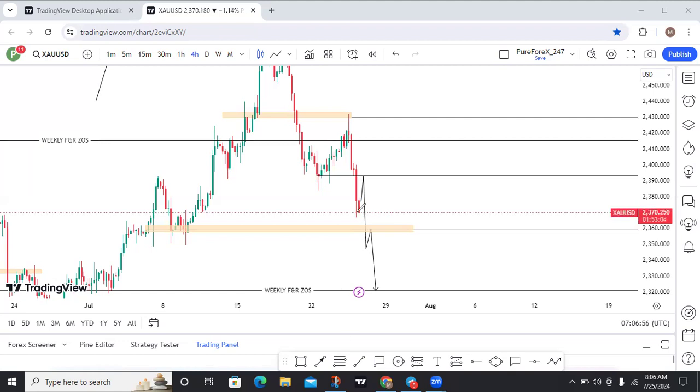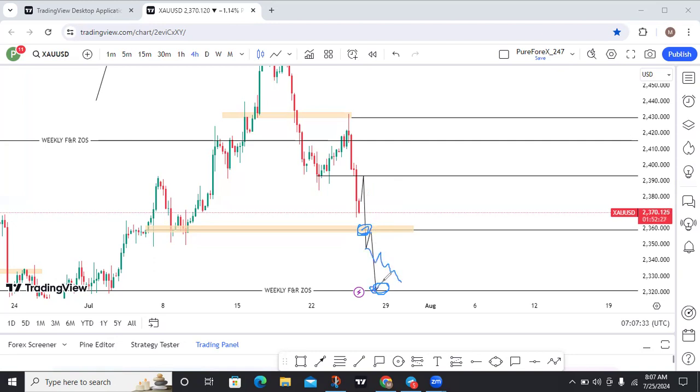So I don't want this guy to reach here before retracing. I want a quick retracement from this point here before we can sell. If that quick retracement can happen, I'm not buying here. If it can happen, we'll buy. But if the market drops here and gives us reasons to buy, we can buy back and then sell back down bearish. If the market finally breaks this guy, the next zone that we can counter trend is this one. If not, if the market breaks from here to here, we'll be looking for selling opportunity.